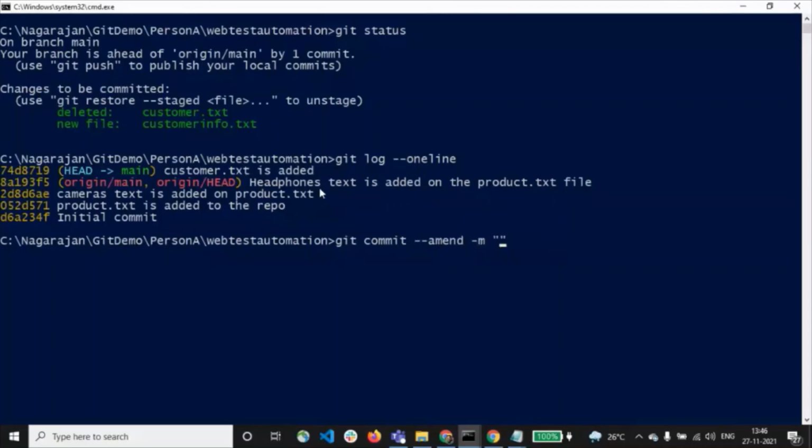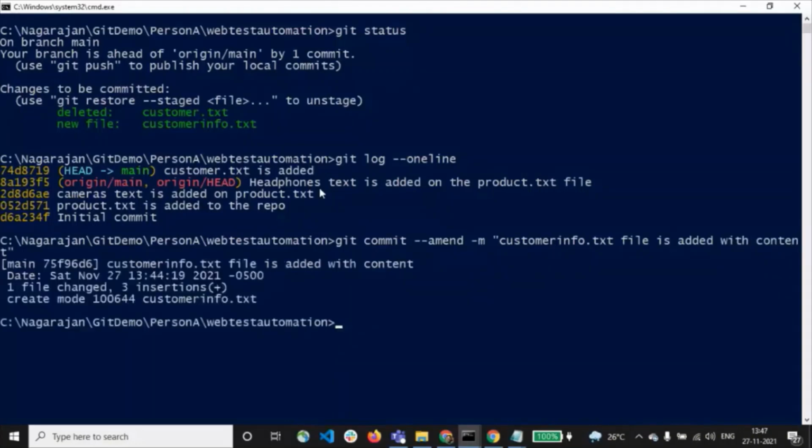So what we have done is we have changed the file name, and the file is added with content. Let's put this. Okay, fine. Now, when I put git log, this commit ID gets changed to a new one. But that was the last commit.